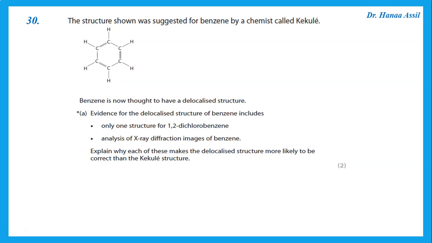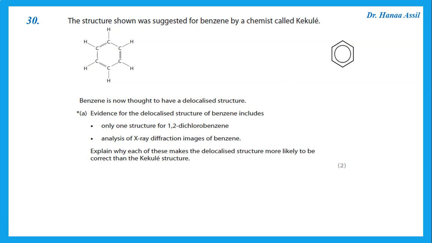Then this question says the structure shown was suggested for benzene by a chemist called Kekulé. So this is the structure in which we have alternating single and double bonds. Benzene is now thought to have a delocalized structure, which is the one in which we said that the electrons of the pi bond are delocalized around the benzene ring. Evidence for the delocalized structure of benzene includes that only one structure for